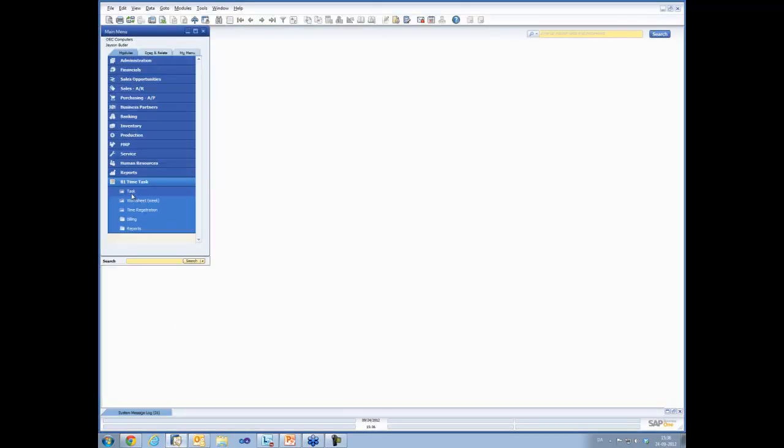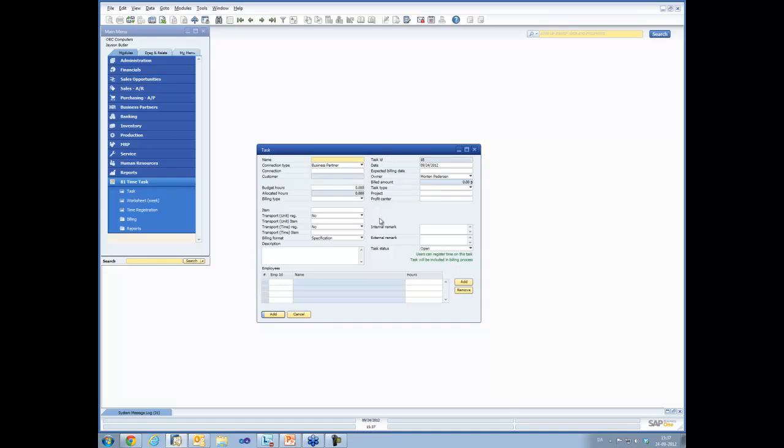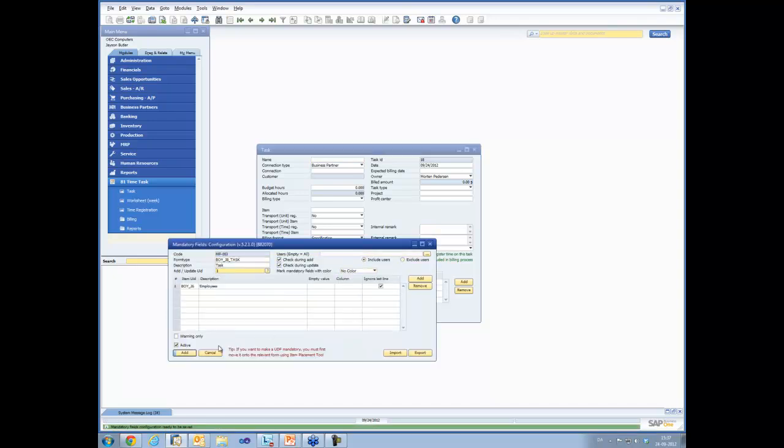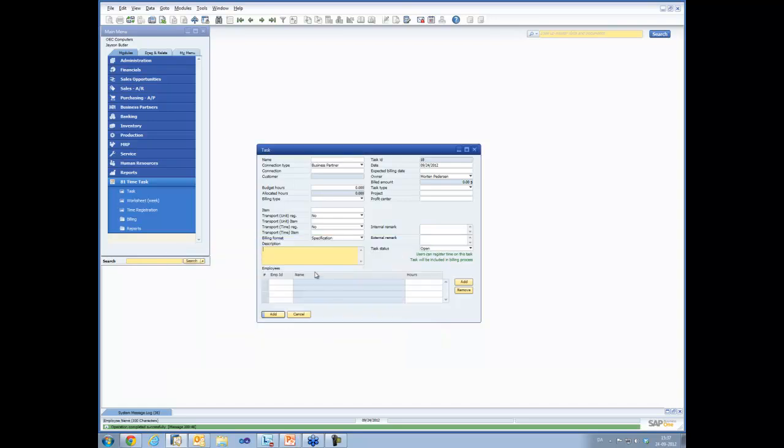The time task module is of course also fully integrated with the B1 usability package. So I'm able to create the normal function buttons, validations. I'm also able to use the make items read only module. And on this window we have some things that are mandatory by default, but you're also able to use the mandatory fields on this window